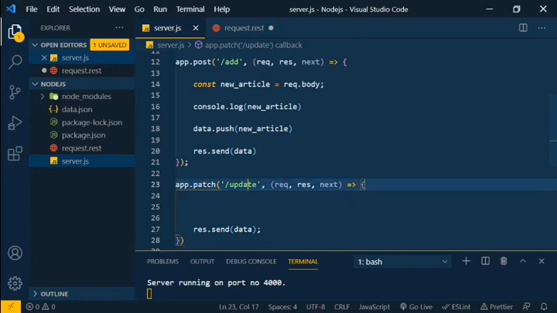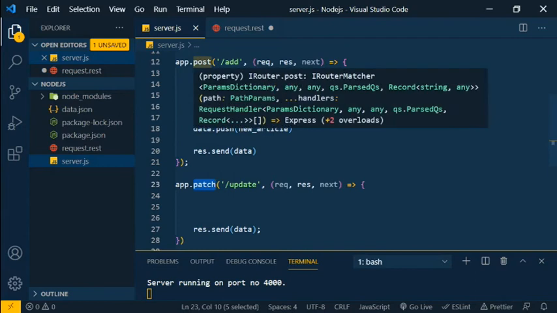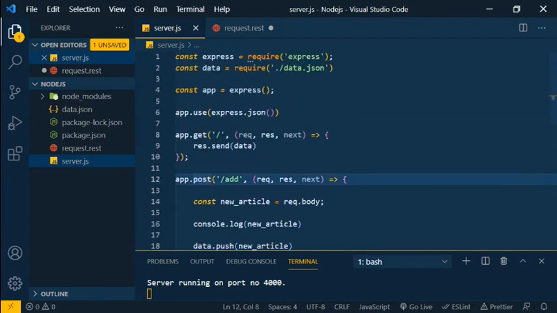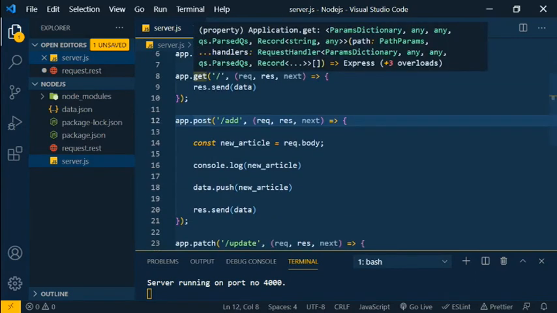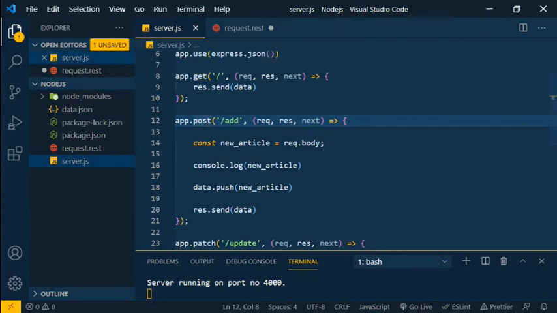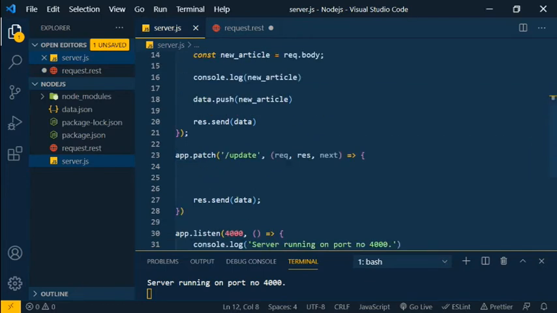Alright, for updating, I recommend using the patch request. You need to differentiate what each thing actually means. If you are doing it the same way in all the places, it's really helpful to maintain your code more easily. So if it's get, you don't need to do that. If you are using post, you are going to create something. If you need to update something, you use a patch request. So conflicts won't happen if you do it that way.